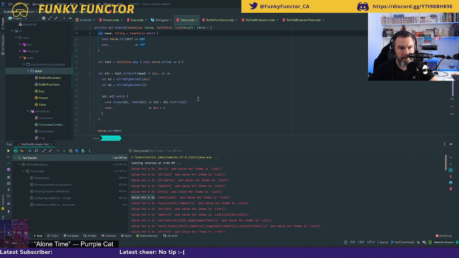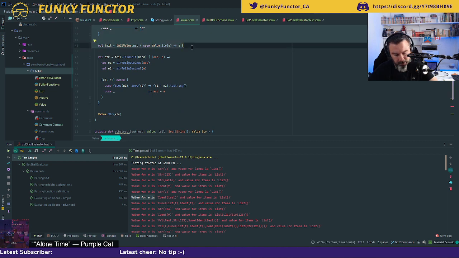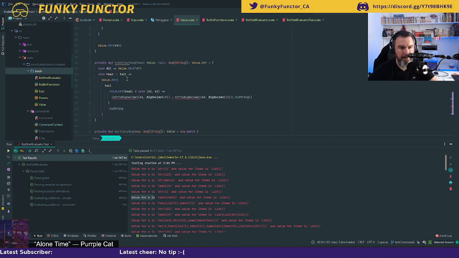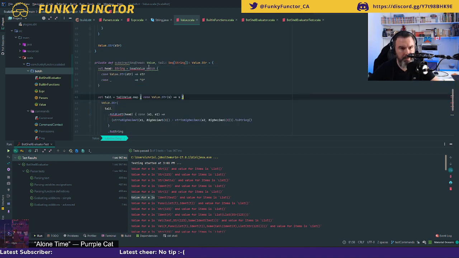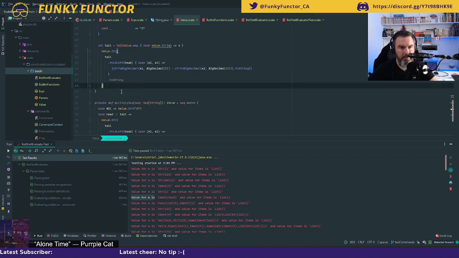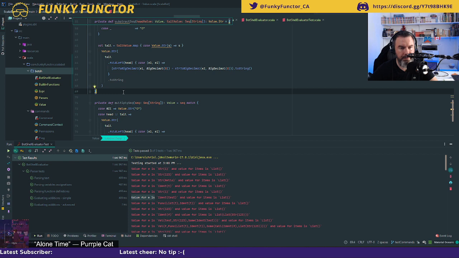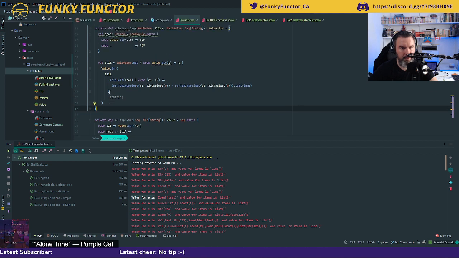So I take this whole thing here, replace that like this. Yeah, so head as a value and then tail value. That's how I called them. Okay, and so, okay, good.